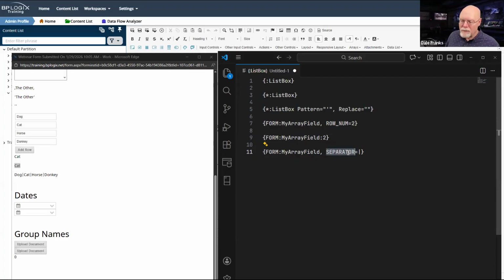And then the separator, as we talked about earlier. If I throw in the separator modifier, I can choose whatever character I want to use as the separator for the comma separated list that gets returned if I'm just asking for the value of my array field. Since I am not using row_num or specifying a particular row number by shorthand reference, then I just want my array field. Well, my array field is 4 different values as a comma separated list: dog, cat, horse, and donkey. So it's going to return all of those values that are in that array.